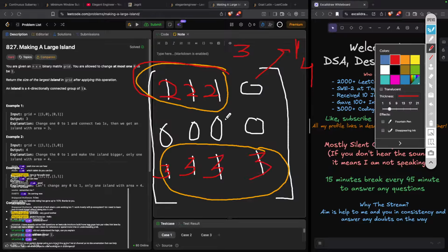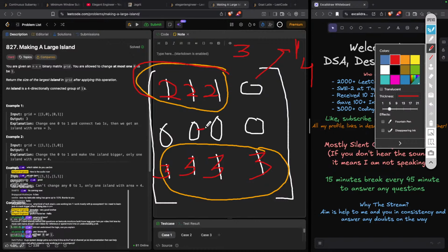Now whenever I get a 0, what I'll do is this 0 is only helpful if it is connecting these islands, this island, this island or this island. Okay. Now let's say this is a 0, our aim is to make this 1. Let's say we made it 1. Now it is going to impact these 4 islands, right, that we discussed. So this island, okay, let me choose pink. So this island, this island, this island, and this island.